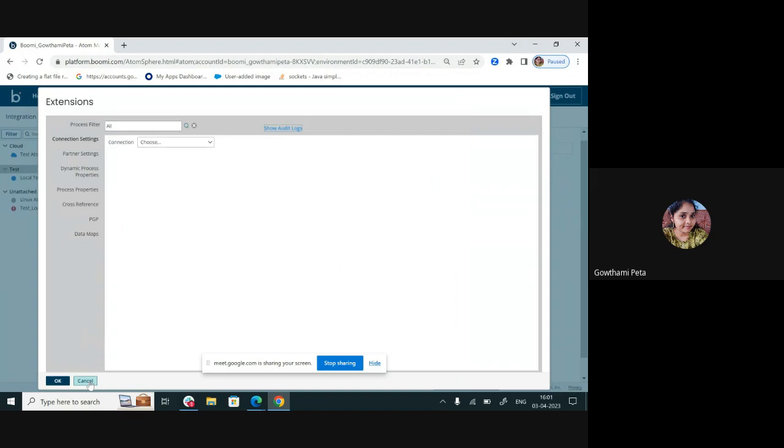Also, we should make a note that this audit logs dialog that we can see here can be opened only by administrators and users having the View Audit Logs privilege. So this is one thing we should keep in mind when we want the privilege of viewing the audit logs for the